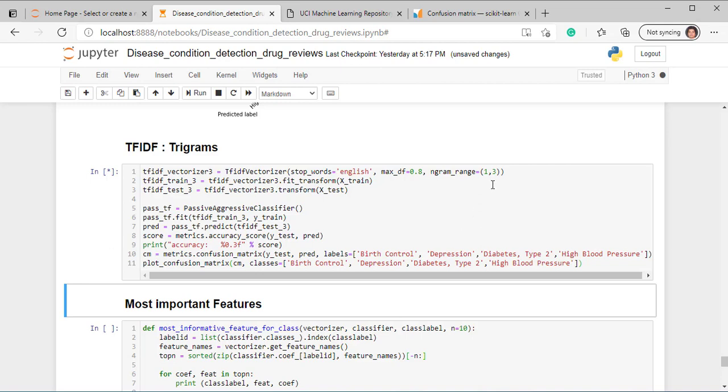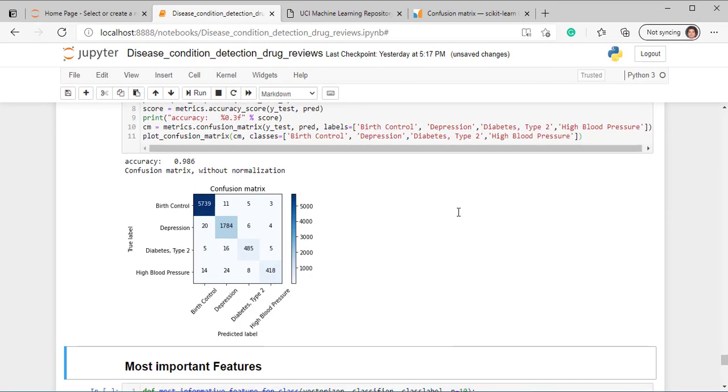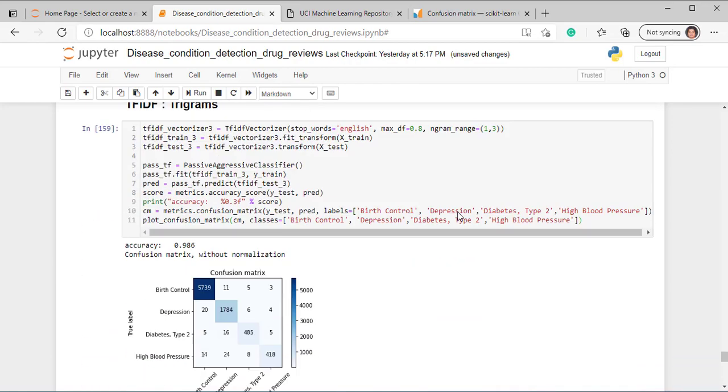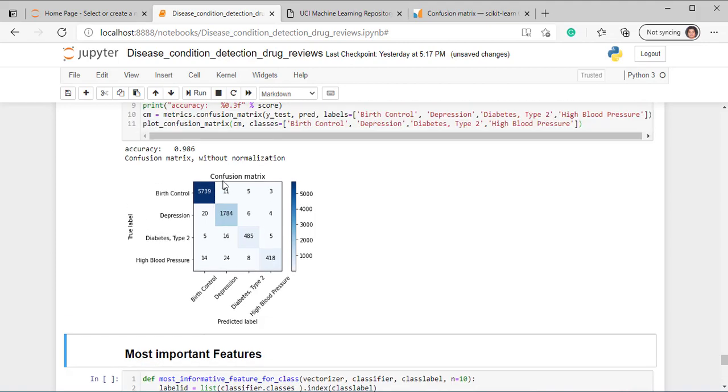As it is using trigrams, it is taking much more time. Yes, so accuracy increased 0.1 point, sorry, from 98.5 to 98.6.